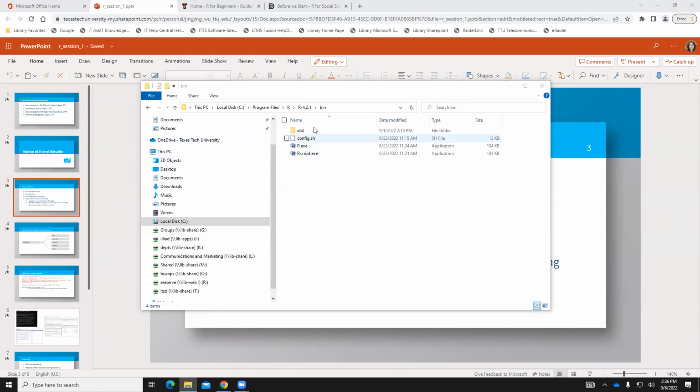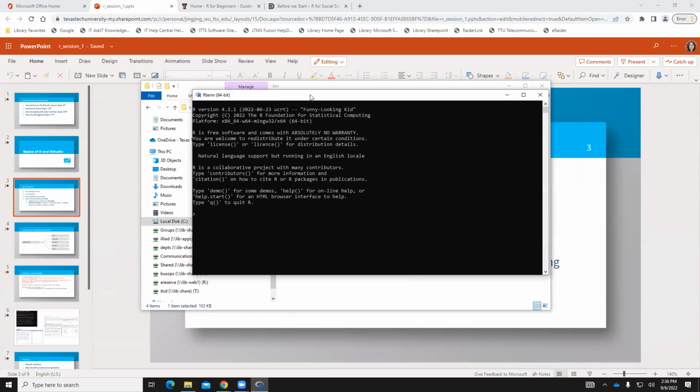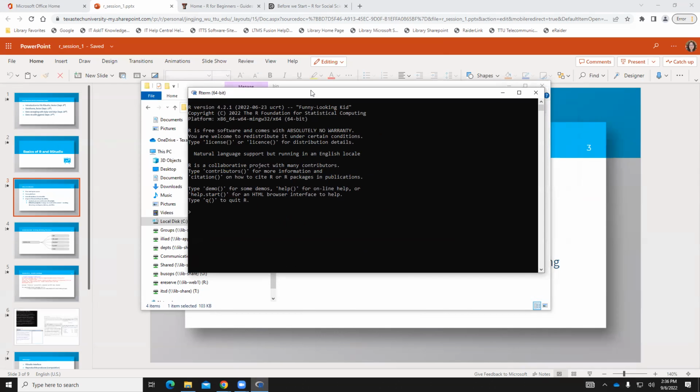So here in the folder bin, you will see the file r.exe. This is the executable file for R. When you double click this file, you will see this kind of black background window. When you click the file, you start an R session. You see all the information. It tells you the R version we're currently using is 4.2.1. It also gives you some information about how to check the license, how to check the contributors, and all the other information. And at the end, you will see the greater than